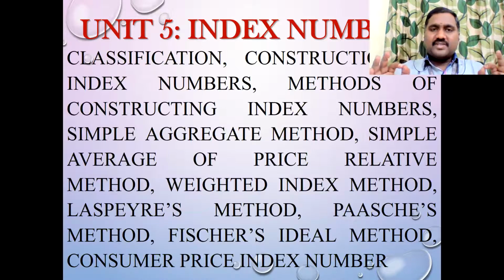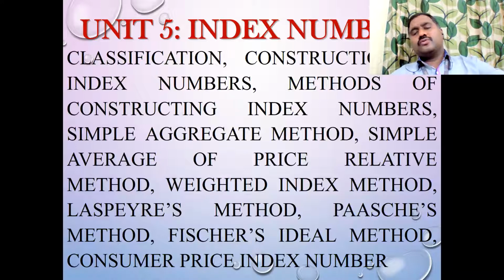So the index number is a method of evaluating the changes in the respective variable. The variable can be anything, like price or production. Sir, I want to know the changes in the production of oxygen. Now we need more, right? So if you compare the production of oxygen in 2021 with 2010, definitely you can see a lot of changes.